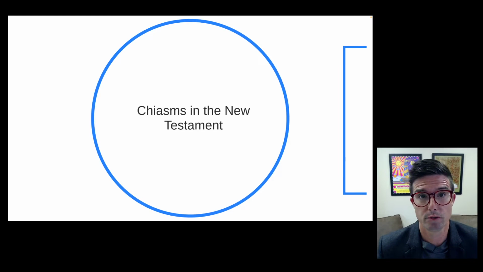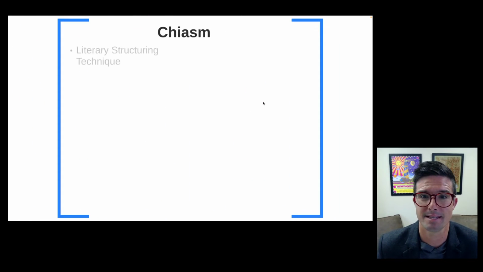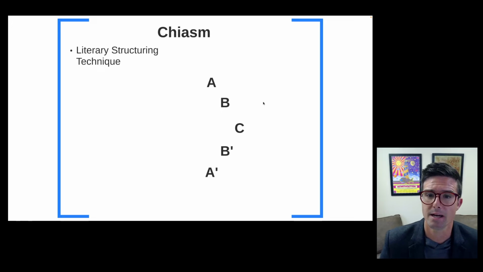This video introduces chiasms in the New Testament, and I give you some different tools and ways of thinking about and detecting chiasms therein, and you get a little bit of practice doing so at the end. So, a chiasm is a literary structuring technique wherein different words, passages, or ideas are repeated at different points